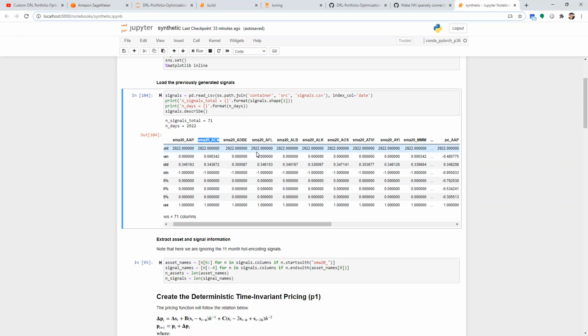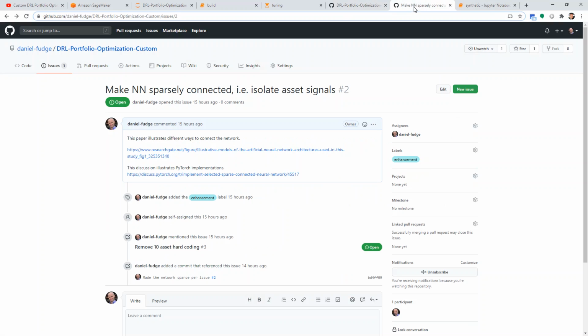So because of that, we don't want to just ingest all 60 signals into our network. We want to divide up the signals by asset and feed each into its own mini network. But then at the end, when we go to trade, we have to bring it all together. And there's actually an issue here, and because this repo is definitely a work in progress,